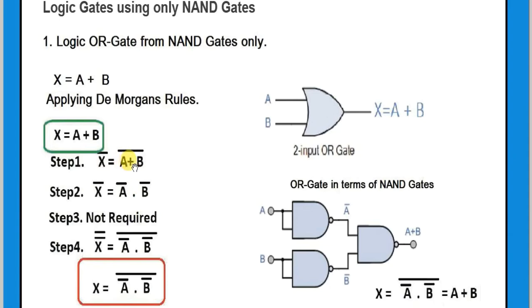So (A + B) complement is now A complement dot B complement. The third step is not required. The fourth step, then again we take the complement of both sides. Double complement of x is equal to x. Here what we get, we have already done that before in the example of the De Morgan theorem, but here what we get now, this is the gate.